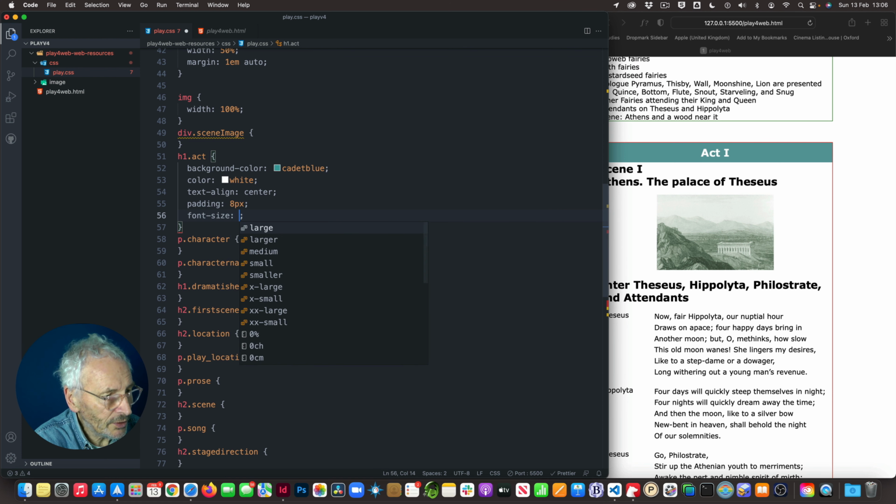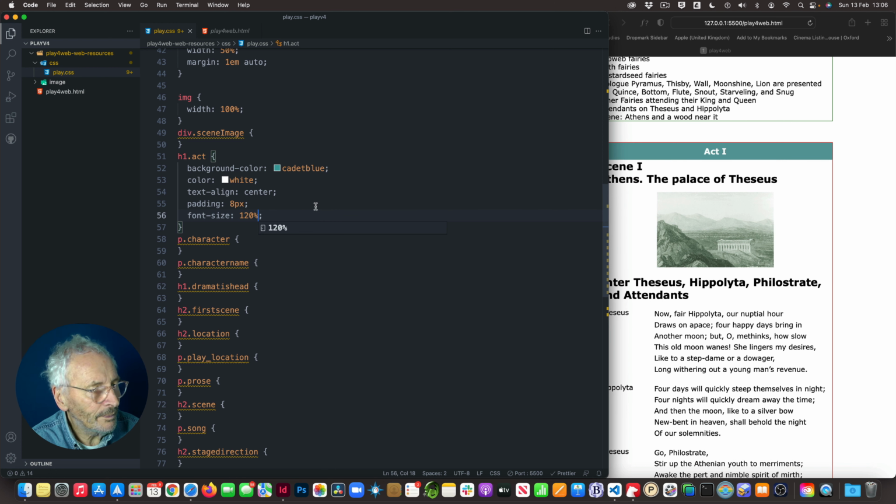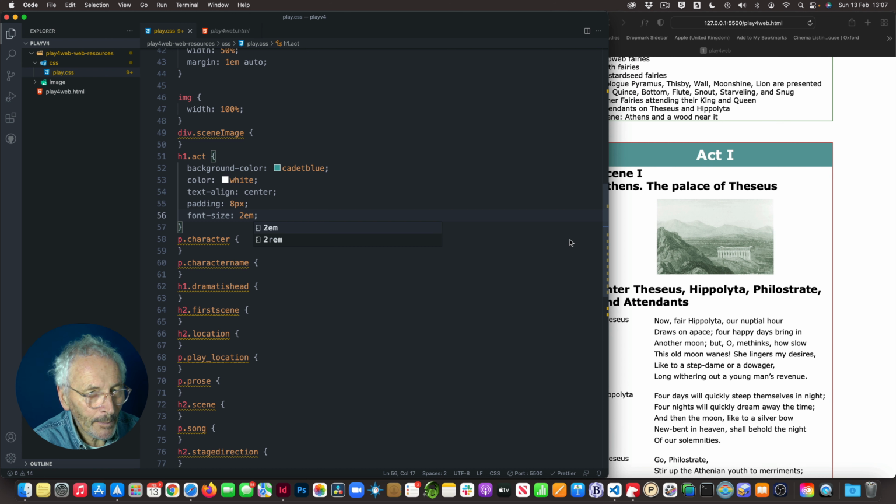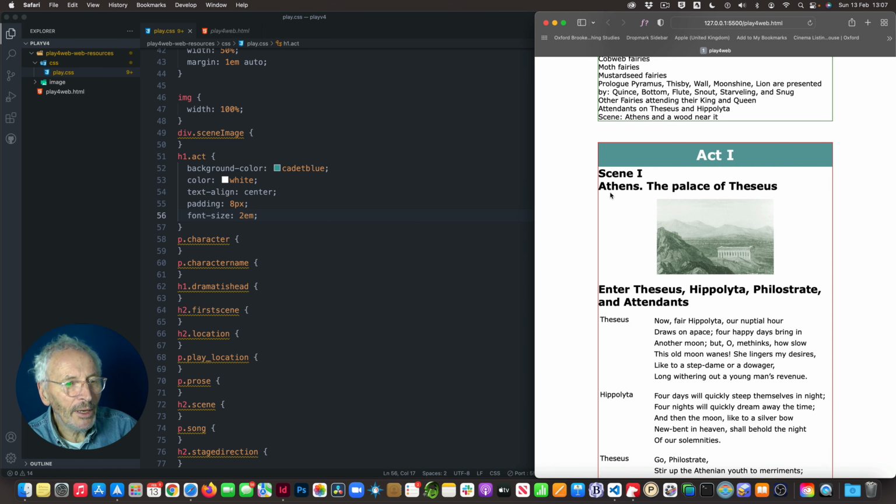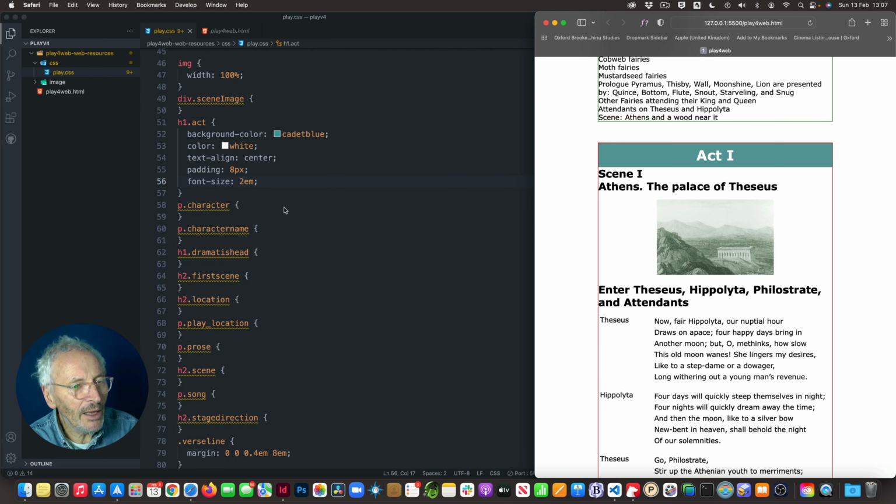font size. Let's say we're going to make that font size 120% of what it normally would be. That's not right either. So I'm going to make that 2em. That's, in other words, double what it would normally be. Okay, that's better. Now, equally the scene, I think for the scene, and of course that will be first scene